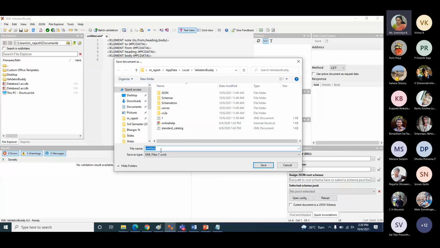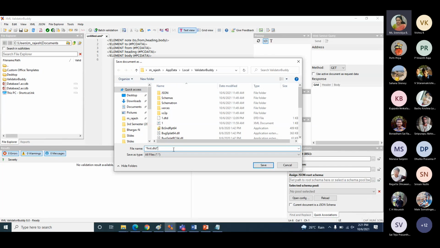I wanted to save this as a DTD file, but there is no such format available there. So we will select All Files, and then on top we will put the name of the file in double quotes. We call it first.dtd in double quotes.